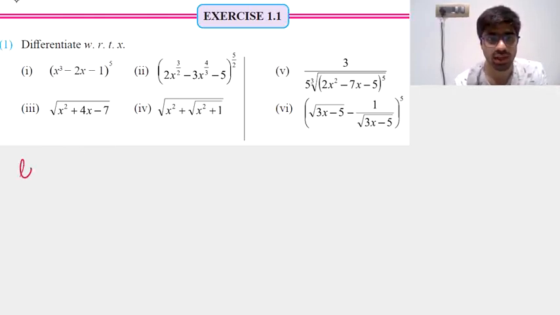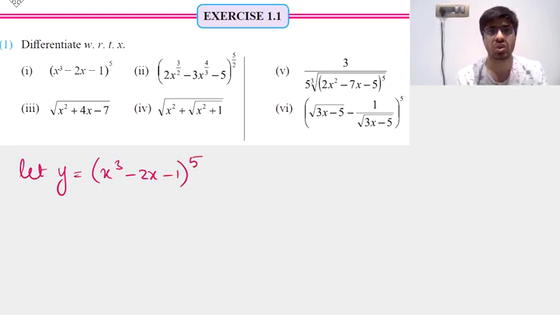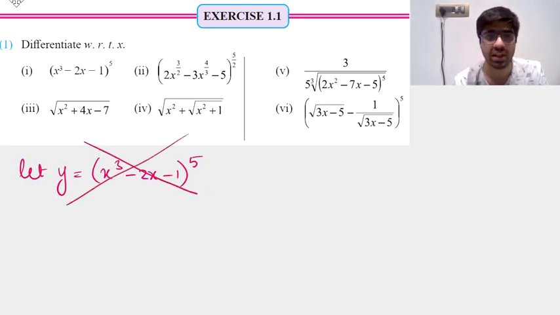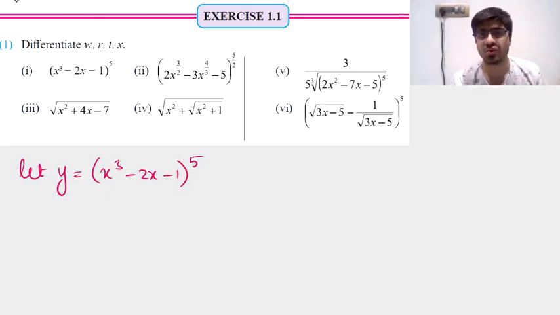What you can do is take y as that function. Whenever you are applying the chain rule and you have a composite function, or a function which is not straightforward, you try to introduce a capital X. Like if you check this function, this is some bracket power 5, so think of that function as a big capital X power 5. Now had it been capital X power 5, the derivative is very clear: it would be 5 into X power 4. So you do that very thing with the given function.